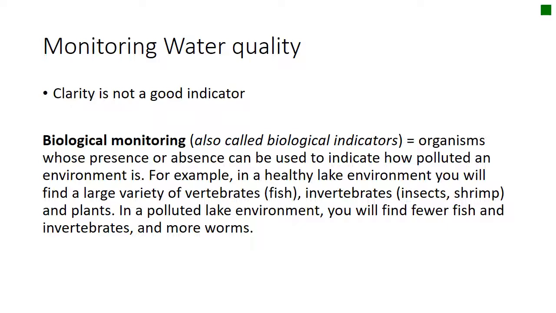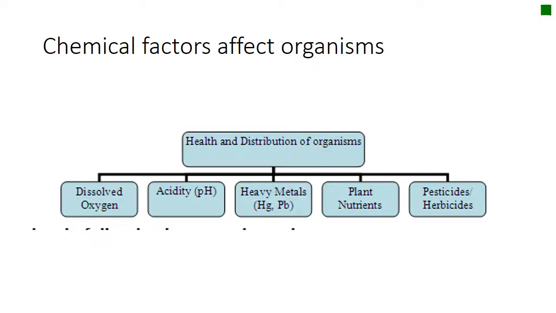So if we have an increase or a decrease in the population, scientists will look and infer that something is going on in the environment to cause that change. For example, in a healthy lake, you'll find a variety of vertebrates, invertebrates, and plants, and that's generally the rule. If you look at an ecosystem, the healthier the ecosystem, the more diverse organisms you're going to find. So in a polluted lake, you'll find fewer fish and invertebrates and more worms because they have to leave or they die off, and they're good biological monitors or indicators that tell you that something is up with the